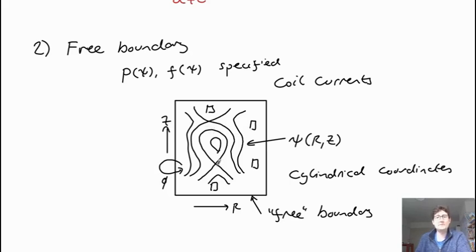But you can include X-points or snowflakes or very complicated geometries, whereas the fixed boundary solvers are typically restricted to only inside the core plasma. And so what's sometimes done is a combination of these. So you might have a core fixed boundary solver which solves in this region here, and the free boundary solver which solves for the rest. And so things like Corsica have both kinds of solvers, and combine them both to get high accuracy in the core, combined with a flexible field geometry outside the plasma core.